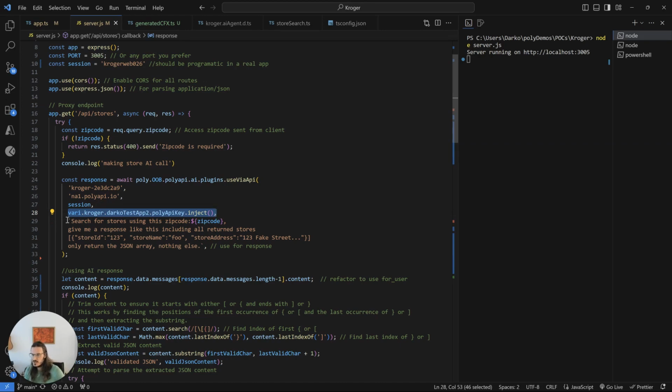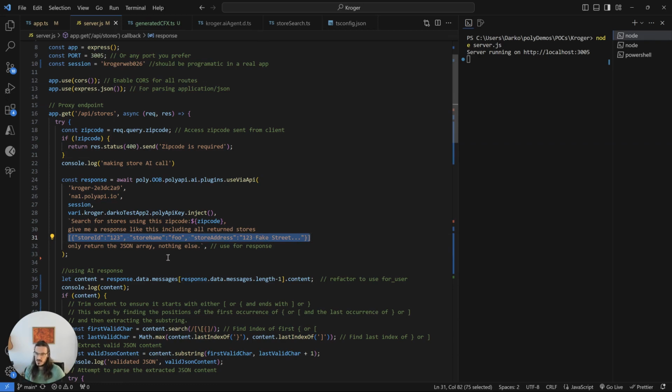And really, the interesting part is these few lines right here, where I'm basically telling this API endpoint, search for stores using the zip code, give me a response that looks like this, and I specify the object model I want. And my front end actually relies on it being exactly this object model.